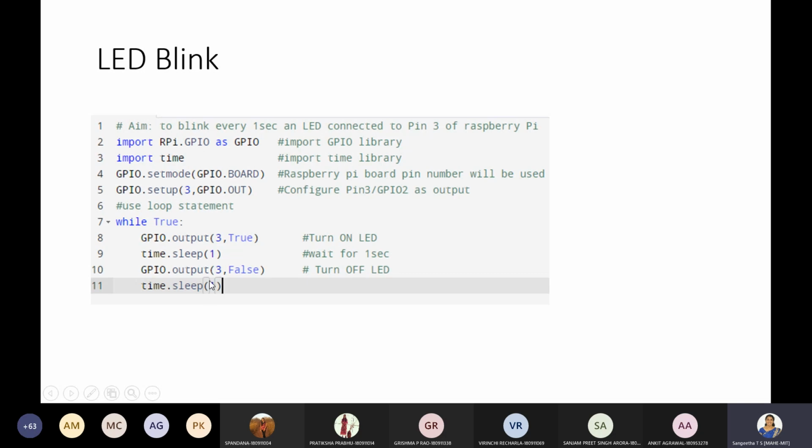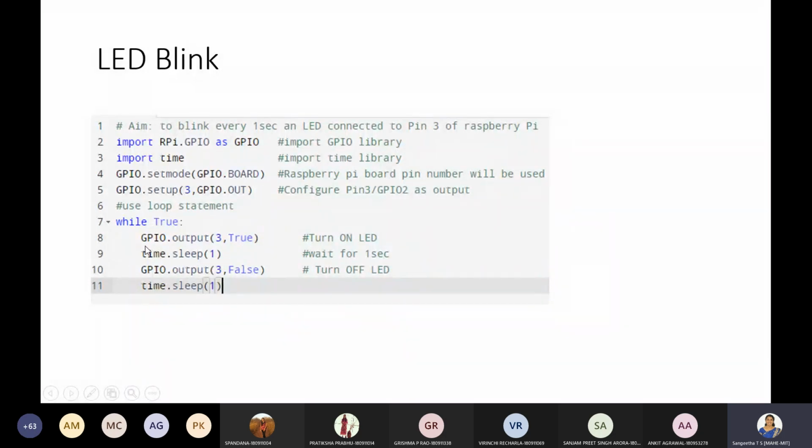So I hope you got the logic behind this. What we are doing is adding a delay between the two GPIO outputs, right? One is high and another one is low. The delay is added here and here, so that you will feel like the LED is blinking.